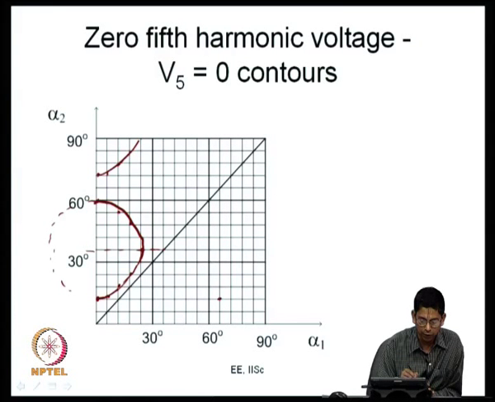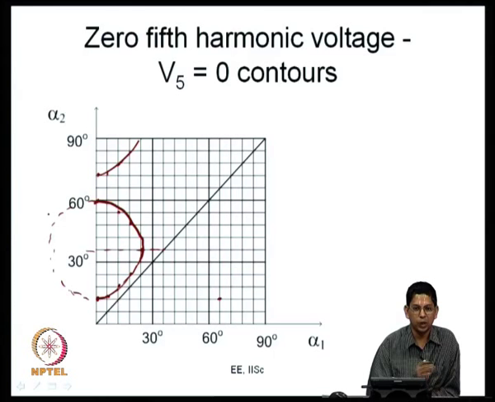For negative values of alpha 1 also, you have this curve going symmetrically on the other side. So, this will also shift up here. So, what is going to happen is, if this is alpha 1 and here you have a point, this point is about 24 degrees. So, this will also shift here at 24, meaning 24 plus 72 is 96 degrees, which goes a little outside here now.